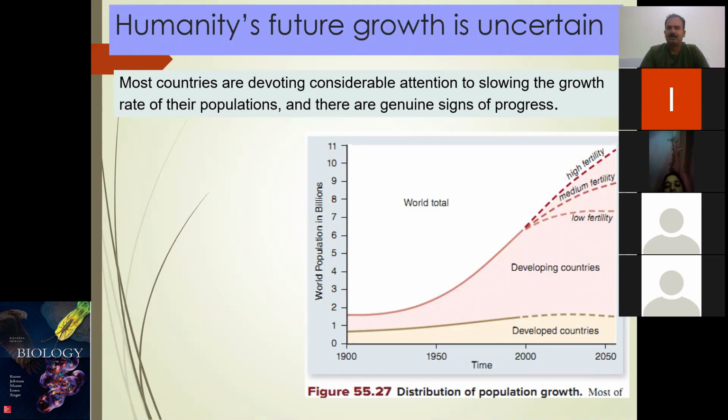But anyhow, most of the countries are trying to reduce the human population. If you look at this graph, this is human population in billions, and you can observe the time from 1900 to 2050. Developed countries have managed their population, and this population is, you can say, at a stable stage. Whereas